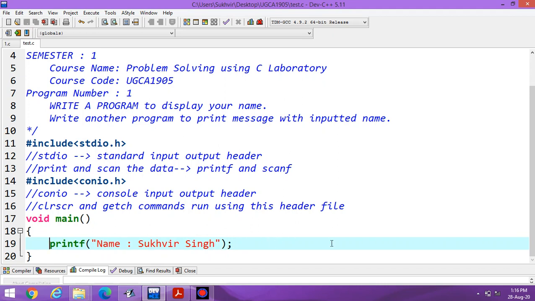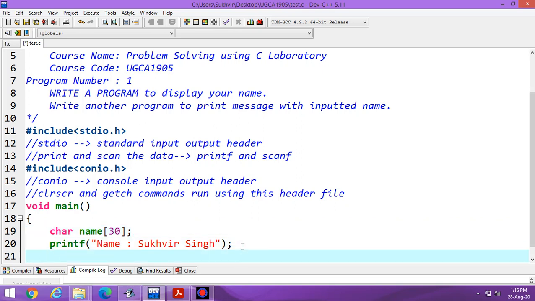Suppose you have to enter your name and then display the content. For that, you have to initialize one variable. Char is a data type, that is character, and inside the array you can give the length. For example, length of the name, let us say 30.